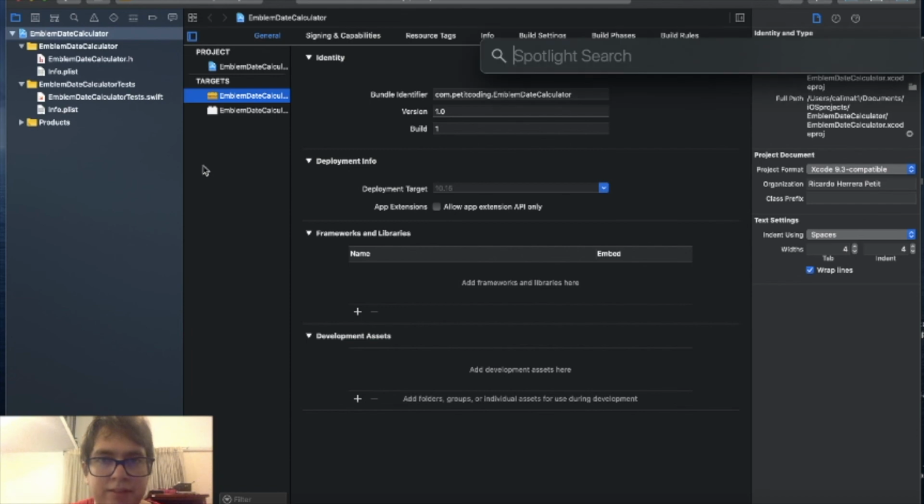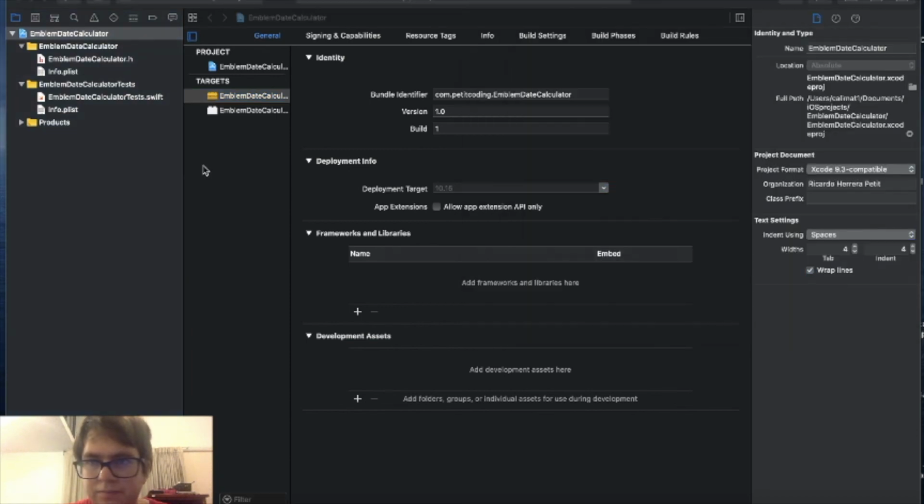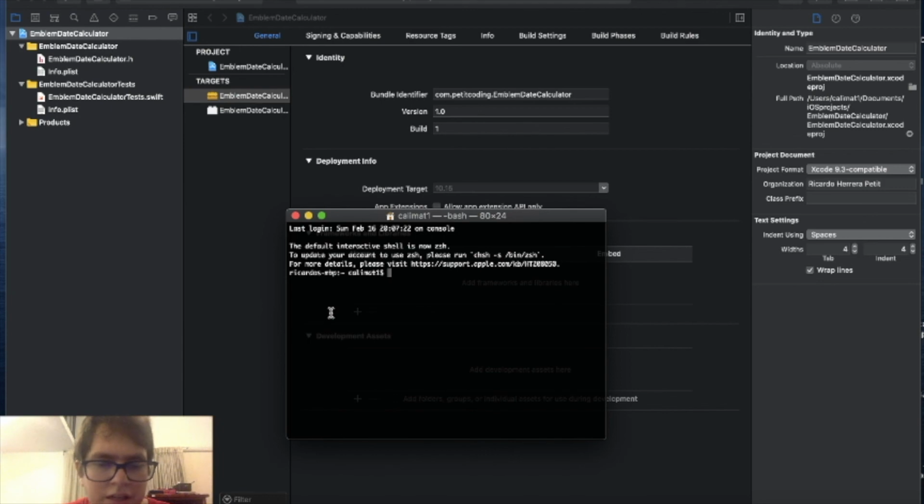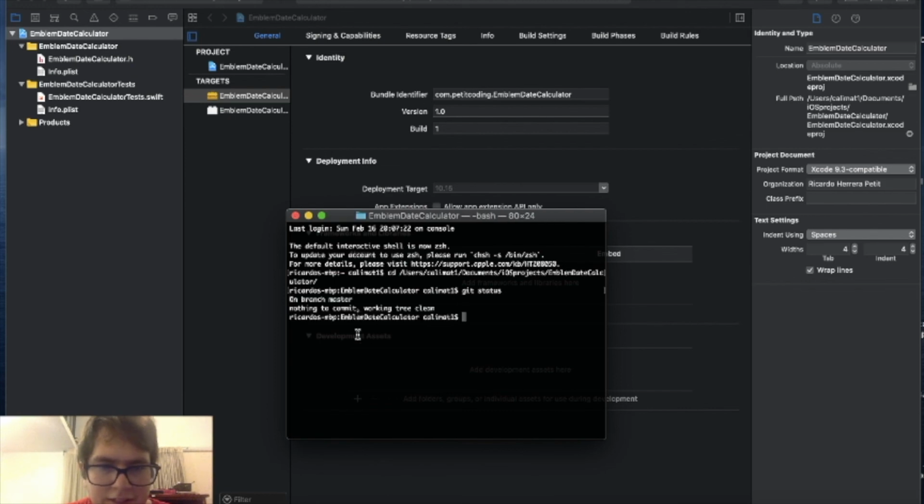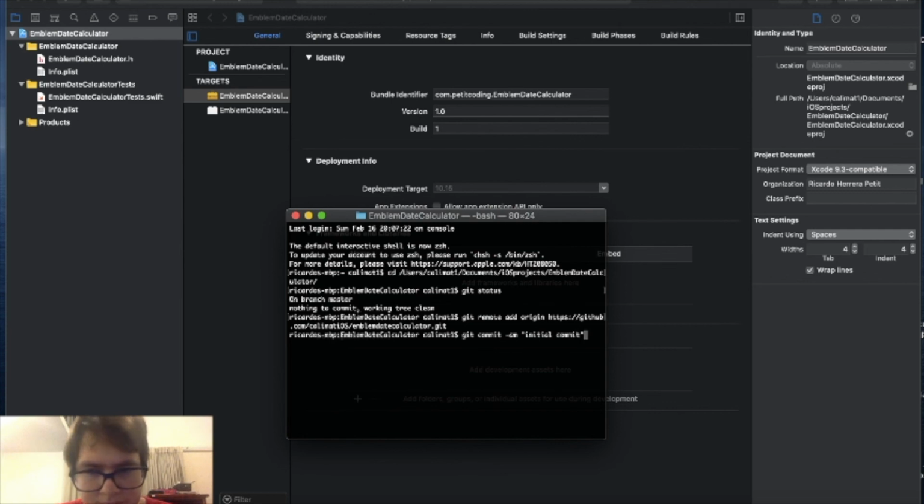I'm doing command space, and I'm typing terminal, and after that I'll type cd, and I just drag and drop here, and then I'll get to this directory. With a git status I see that I have nothing. I'm going to copy the remote, add the remote, git commit -am, I'll just do an initial commit. Okay, git push origin master,